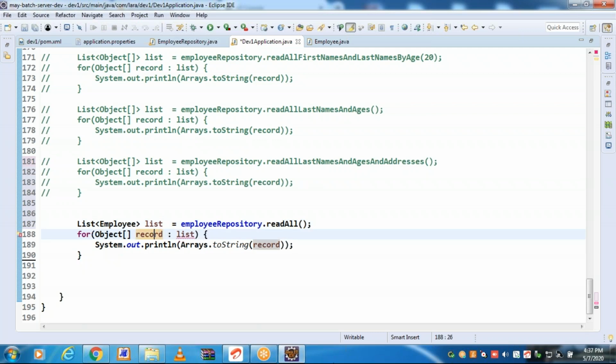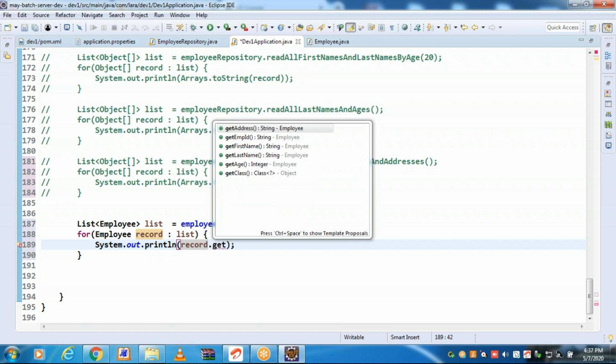Every time you will be getting an employee. You can print employee straight away without a toString method, with getter methods.